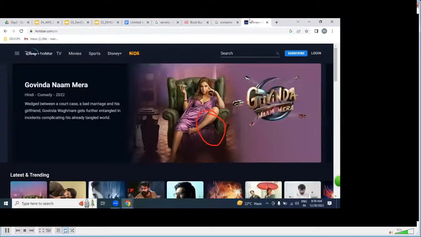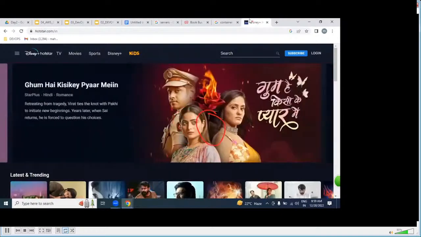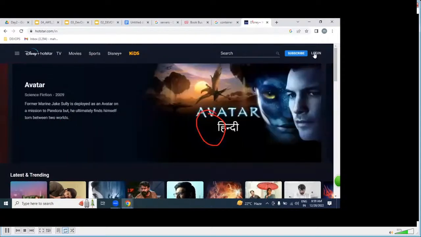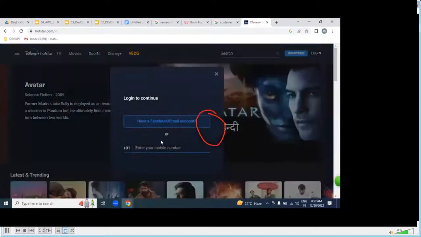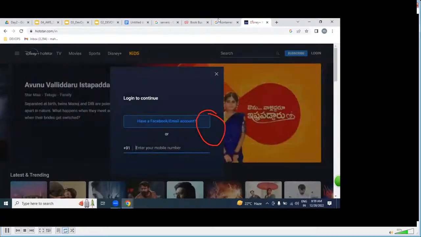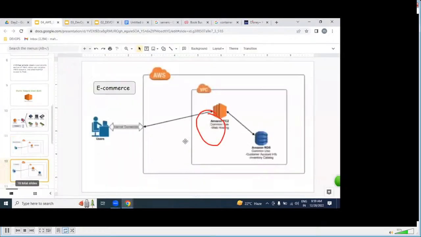Our job is finished or not? We created the network, on top of it servers, and on top of that we placed our websites. Done or not? But my question is, where can we maintain our customer information, mobile, email address, subscription information? Please, anybody help me. In a database. The database we can get from which service? RDS. Like an Oracle kind of database, MySQL kind of database, we can get from where? RDS.